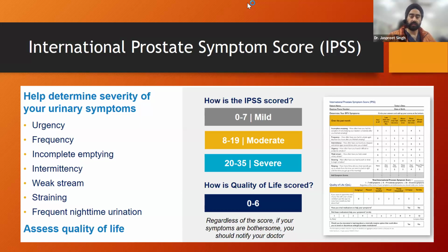You know, from delighted to terrible. And so, of course, I've had patients who will report some changes as far as the stream, but won't be bothered by it. And so often our treatment plan revolves around how bothered they are by any symptoms. In fact,